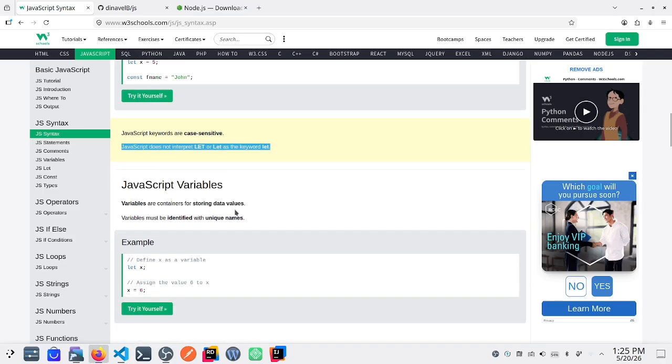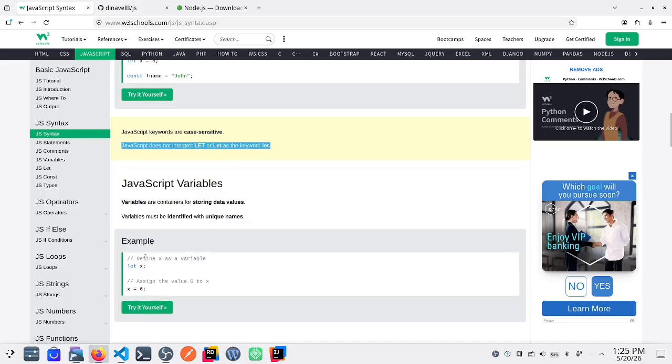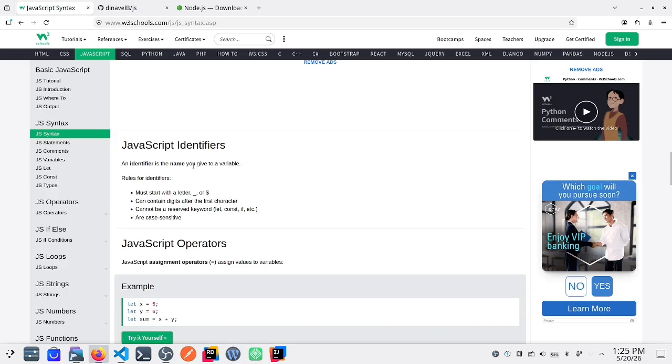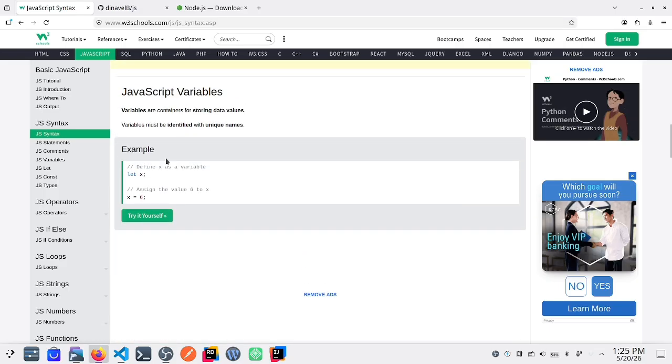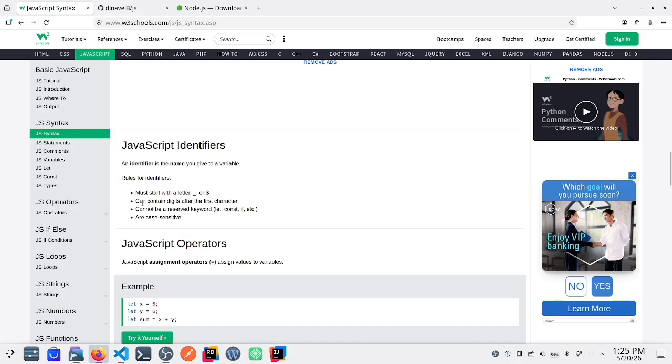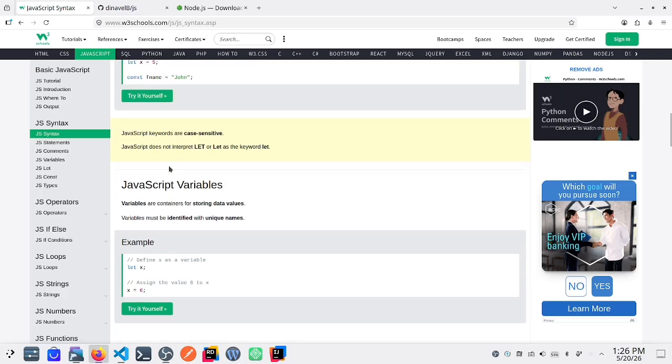Variables are containers for storing data values. Variables must be identified with unique names, just like we did earlier. A JavaScript identifier is the name you give to a variable. It can contain digits and is case sensitive. The identifier is the name that we give to our variable.